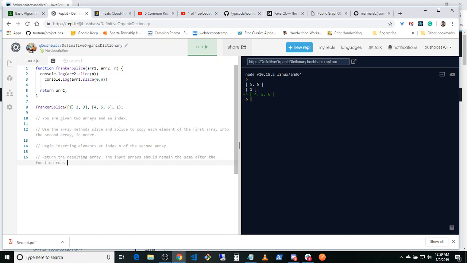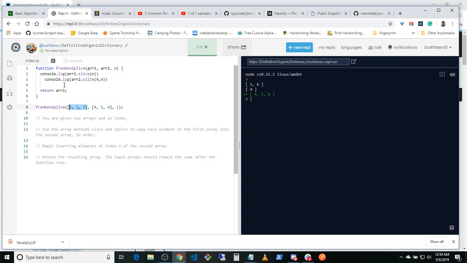Array 1, oh, that's this. So we don't want that. That's not what we're trying to do yet. We're trying to still do, right, you see what I'm doing here? They were trying to stick array 1, which is 1, 2, 3, somewhere inside of array 2, starting at index 1. In other words, starting right here, in between 0 and 1. So we want to stick this whole array, 1, 2, 3, in between there. So if we can separate this into the two pieces, then we just jam this first array inside of it,